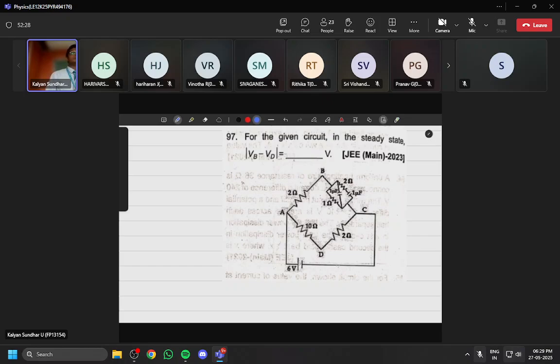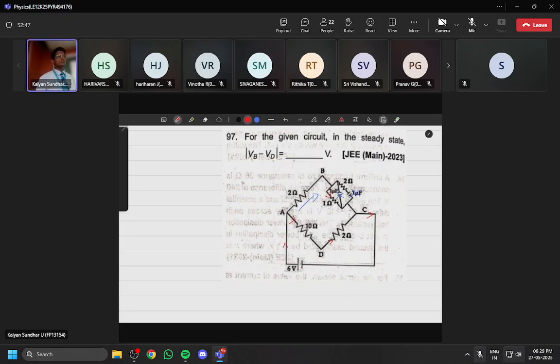How will the circuit be, sir? The current goes through 2 ohm here, correct? In this place, it will not go through this branch or this branch. Through what branch will it go? Through what resistor? Only the 1 ohm it goes. And here, again this current will be splitting into the